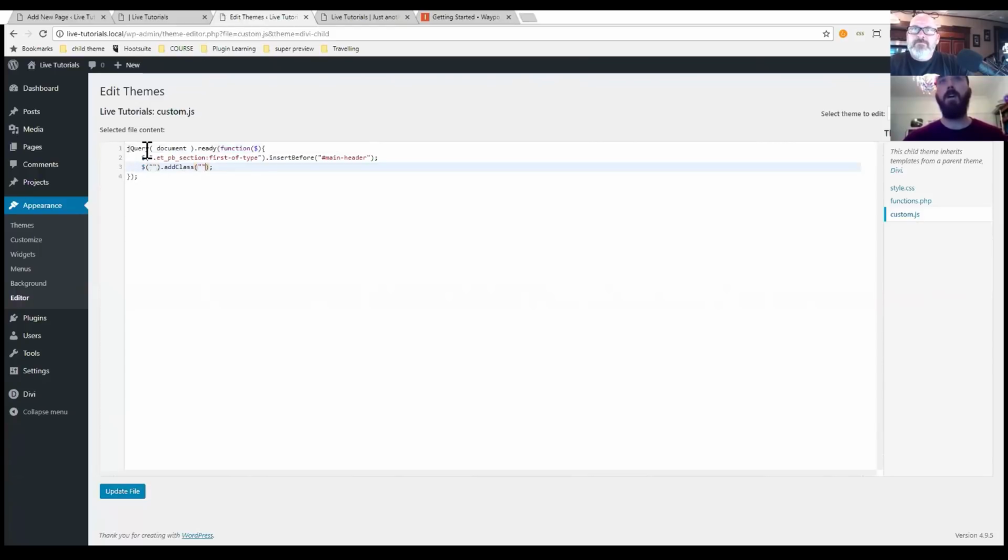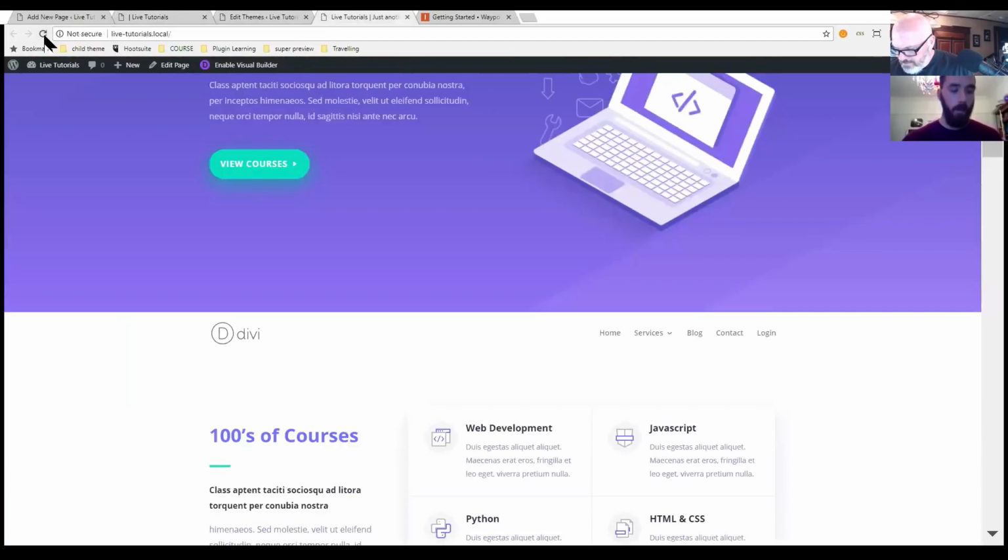So this is again going inside that document ready function. So it's not running until all of the document elements have been loaded. And in here, I'm just going to put .home. So again, just as you would create CSS selectors, you can do the same thing in jQuery. And then I'm going to add class of open up. So if we save that and go back to our front end,